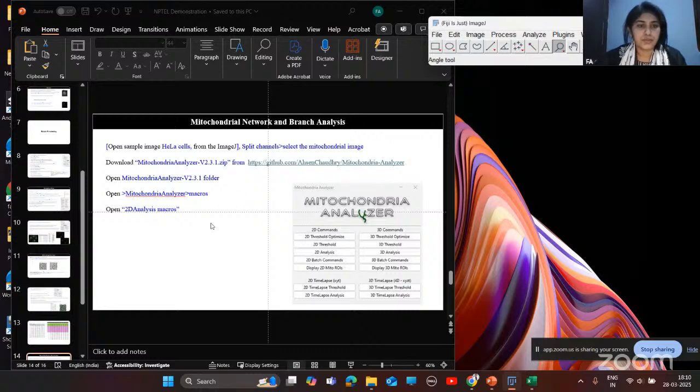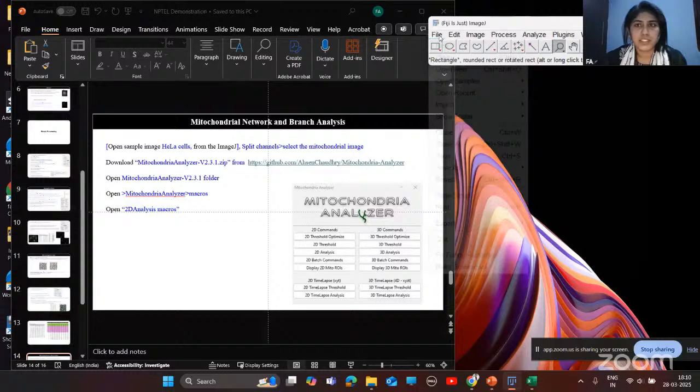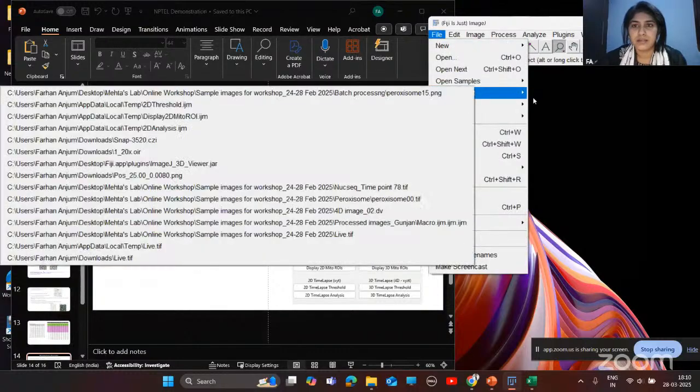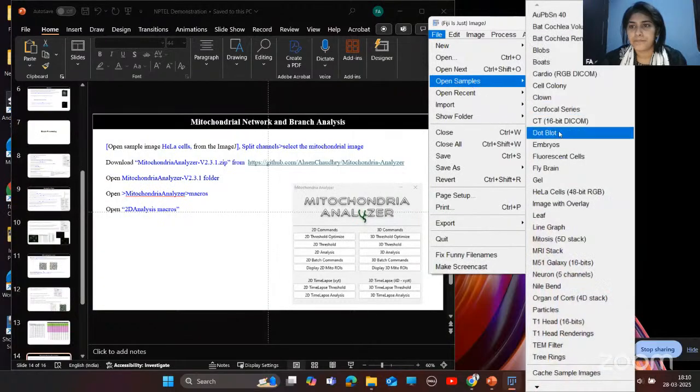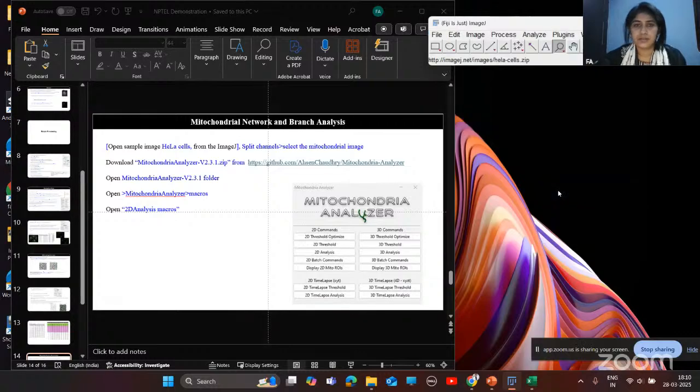To analyze mitochondrial branches and network from this ImageJ software, you need to open this HeLa cell image.